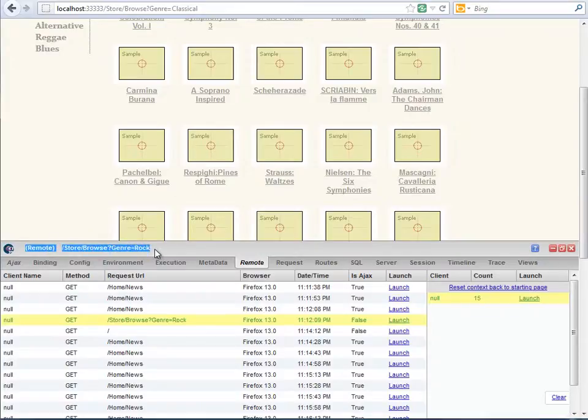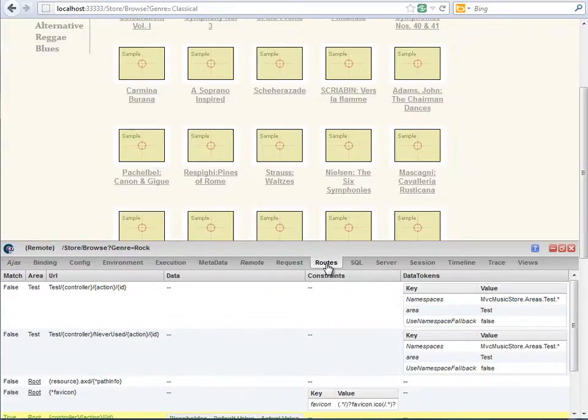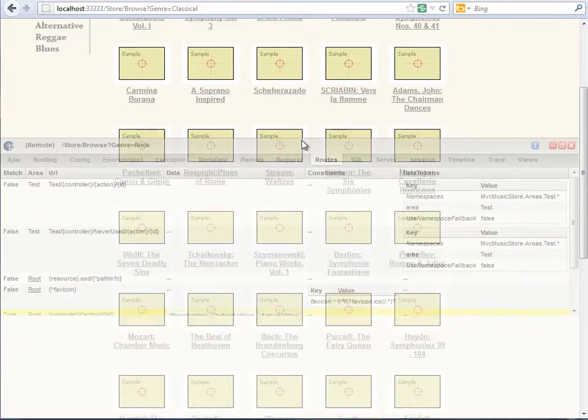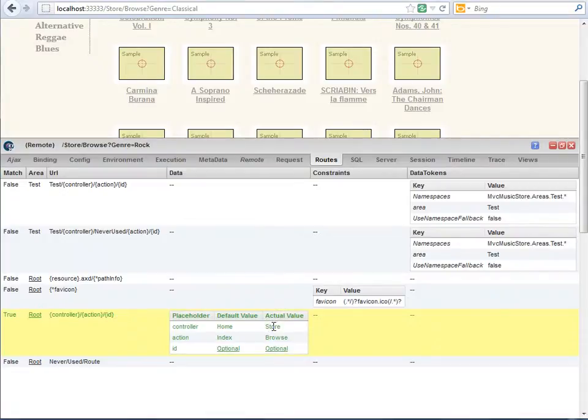We can see the URL that we're on, and again, if we go to the routes tab and have a look at the routing information that was selected, we can see store was selected and browse was selected as our place within our placeholders within that default route. Going back to the remote tab,